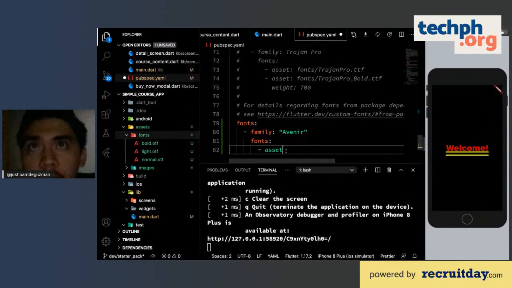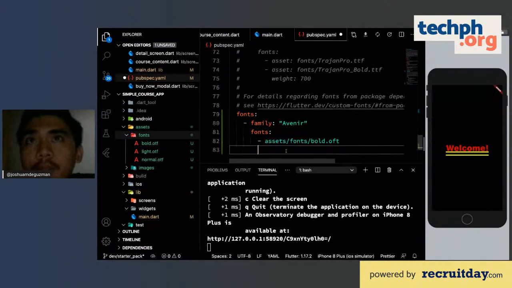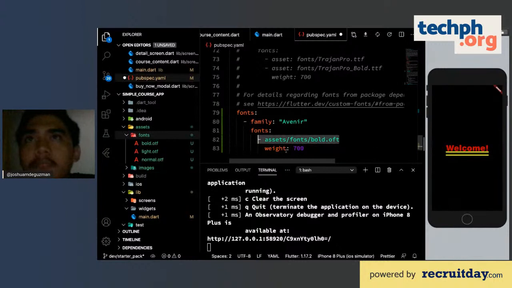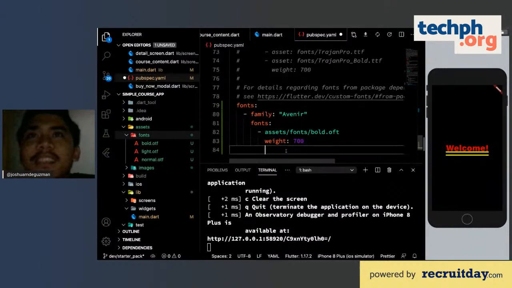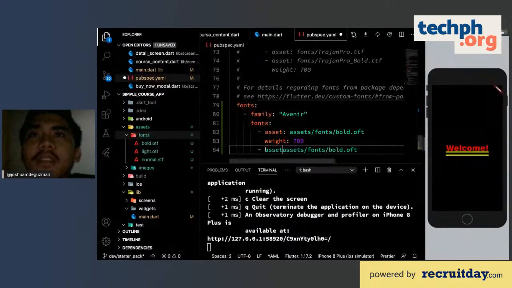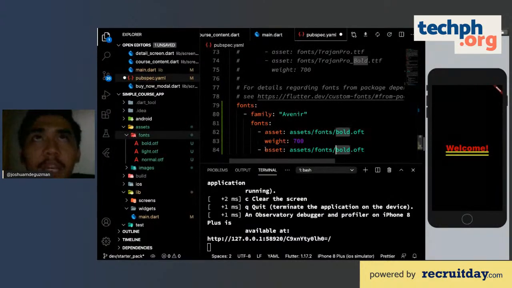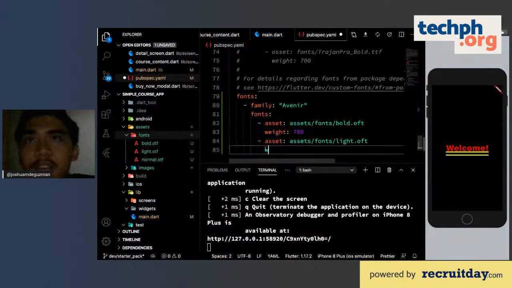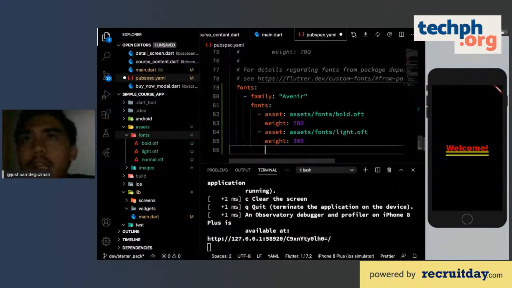Well, that's lib, fonts, bold .otf, weight 700. That's for the bold. Forgot this one, asset. Next we have the light, which I guess I just have to ballpark at 300.